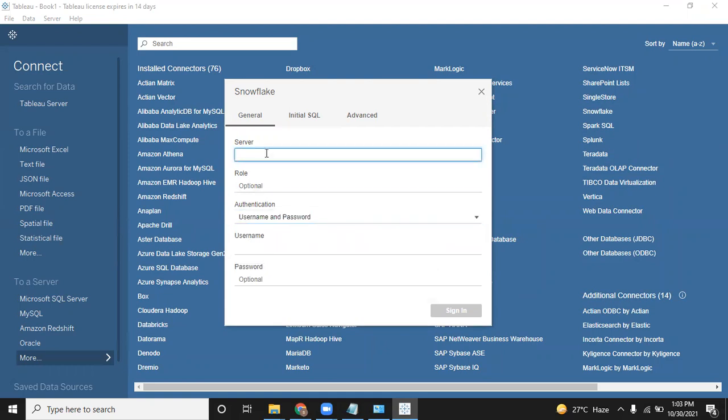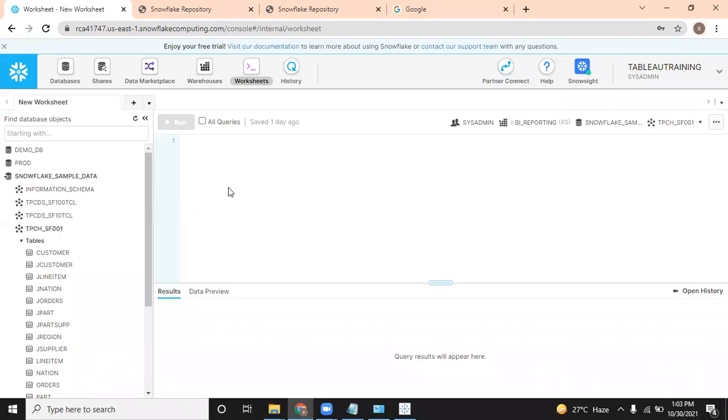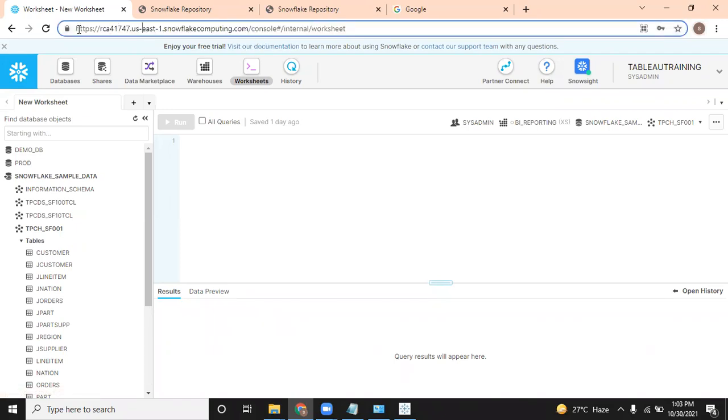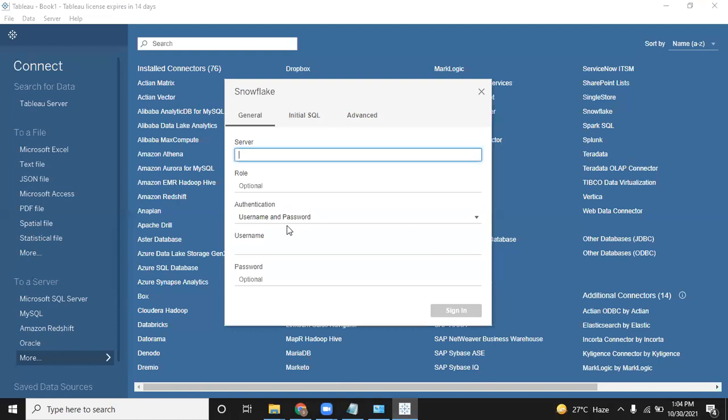And this is my server. When you create your Snowflake account, you will get one URL for everyone. In that URL you can find these letters. This is the one, till computing.com. This is our server, the Snowflake account name. So this one you can copy from the URL. Whenever you are creating your trial version or whatever Snowflake account you have, that may be trial or licensed one, in every URL you can find some name.snowflakecomputing.com. This you can copy and you can provide in the server place.